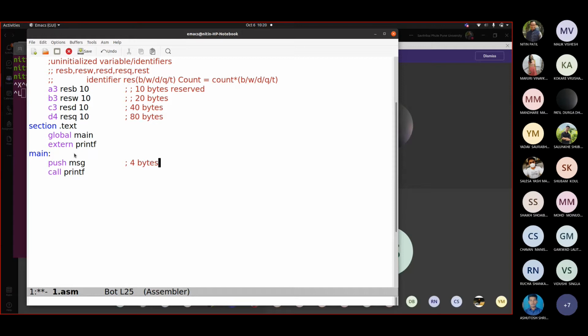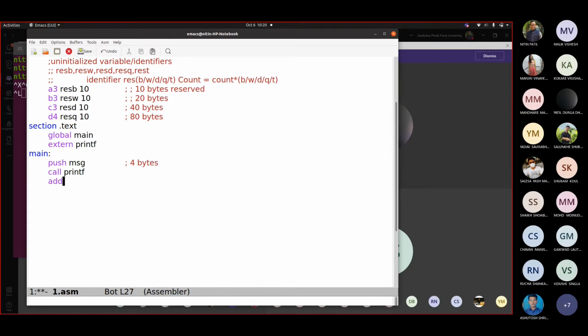This is an address. If I talk about the assembler that we are going to make use of, it would be i32, Intel architecture 32 assembler, as well as the instruction set. So now the memory address is recognized by 4 bytes every time. That is the reason why whenever you are pushing something into the stack, your stack pointer would be changed by 4. So whenever you are pushing something, you have to clear. This concept is called prologue and epilogue, which we are going to address while we talk about the stack.